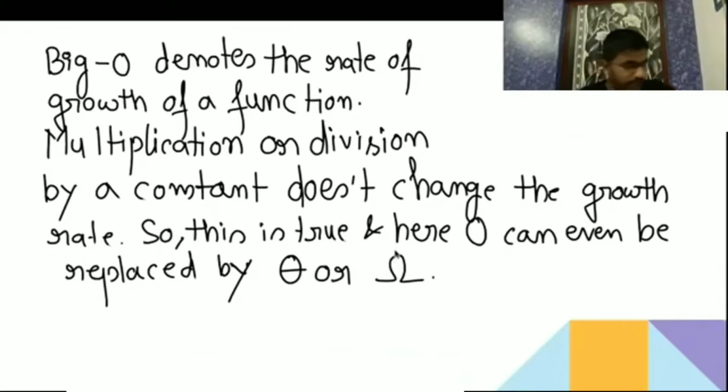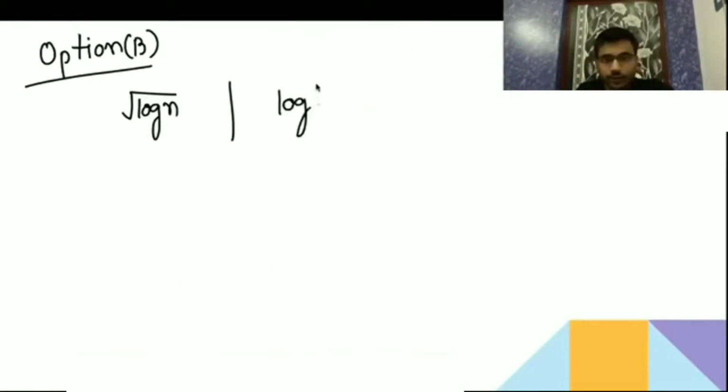The second option I will explain, that is root of log n. See, previous year questions are very important because that type of questions they used to repeat. Some new questions they are going to form, but if you have a good command of the last 33 years questions, then you will be able to solve the new questions. Now see option B of log n. This kind of question we have seen.